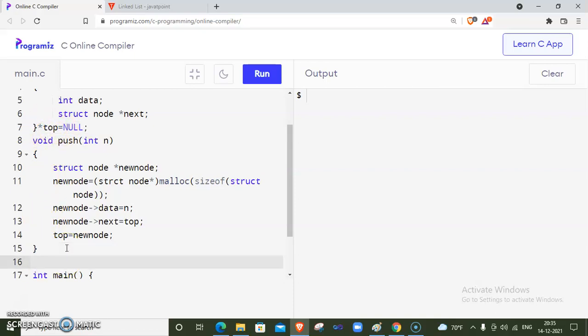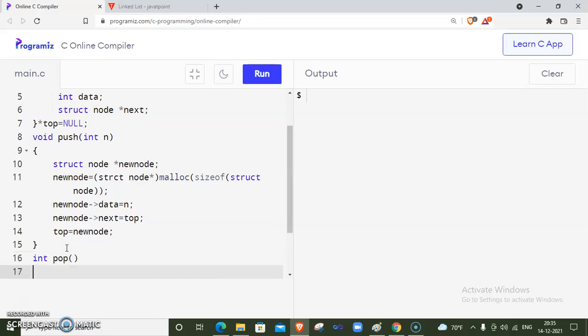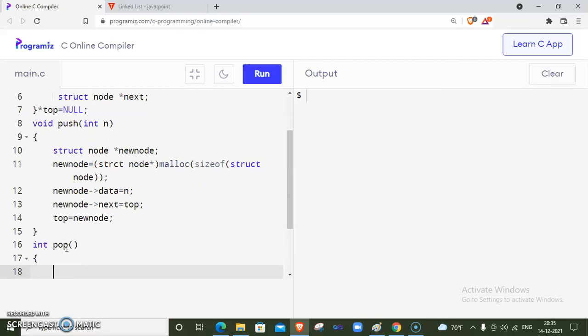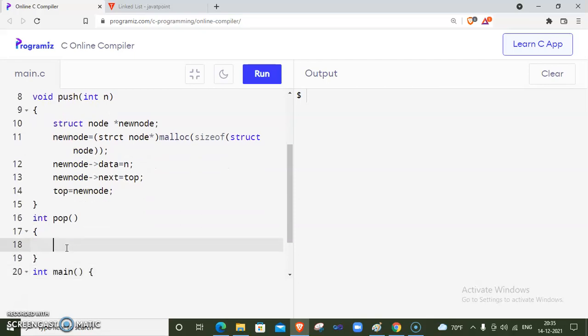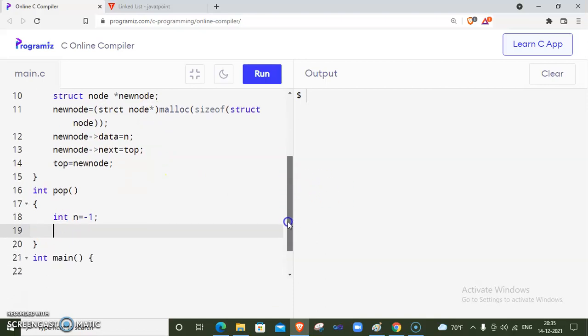Now we write the function for pop. There is a return value but no argument. Here, as usual, we define one integer and store -1. Now there is no overflow condition when using a linked list.